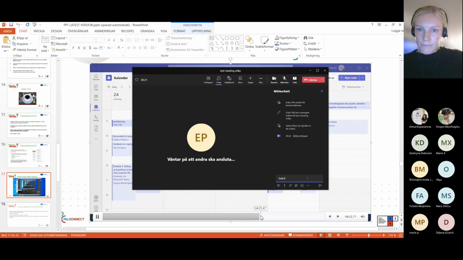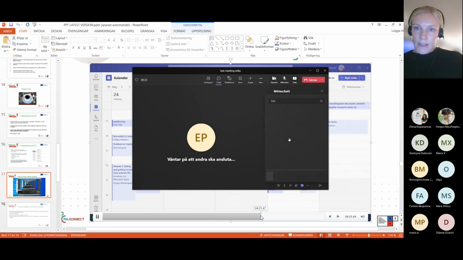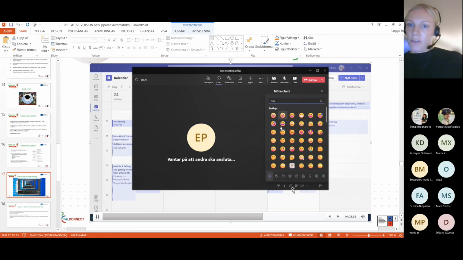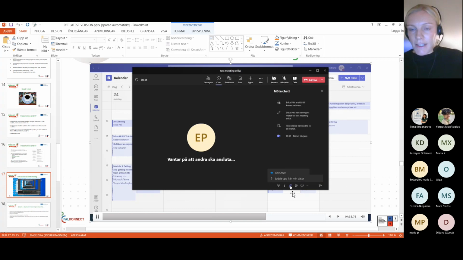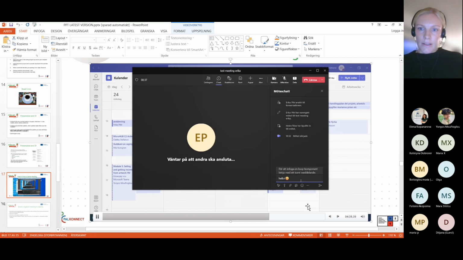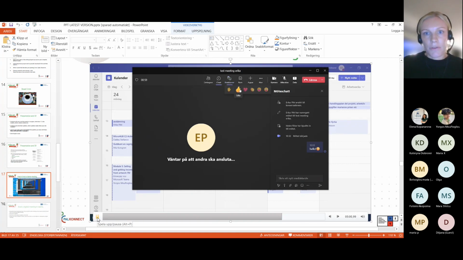We have the chat. And down here in the chat, you have different functions. You can do smileys. You can attach files here, upload from a computer, and different options. For the chat, I would say the most important is to insert files and, of course, know how to type in it. And you type there, you can change the type settings as well. Yes, there we have the reactions,